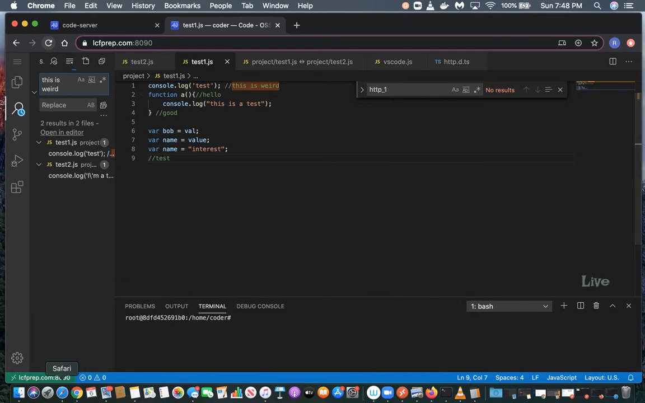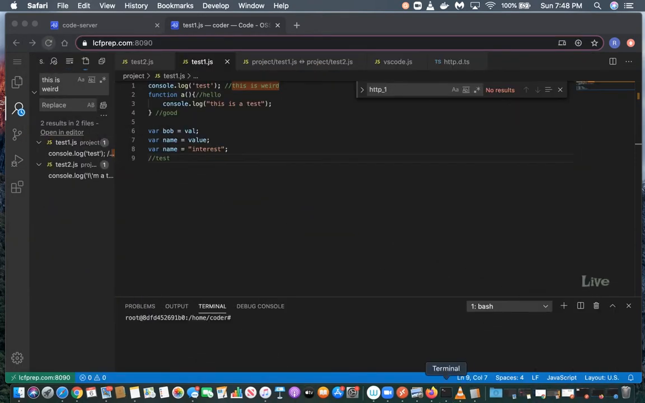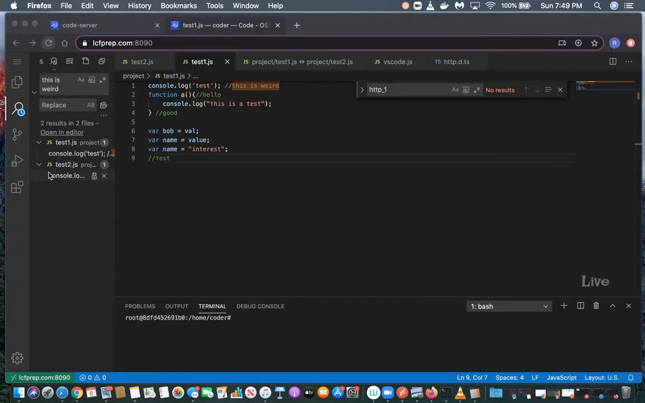I've also set up Safari to be pointing to test2 right now. And I've set up Firefox, also in test2. And we are in test1. So I'm going to go ahead and